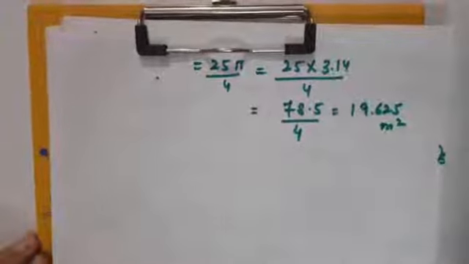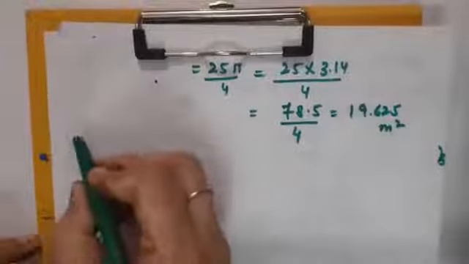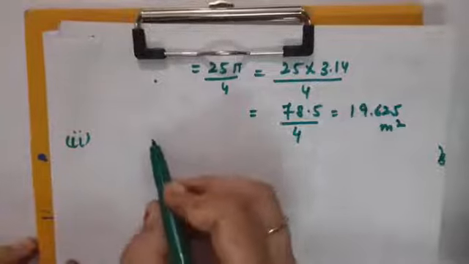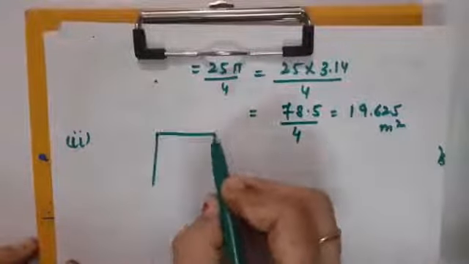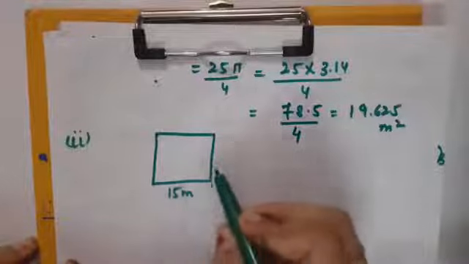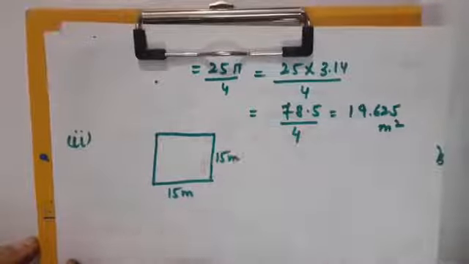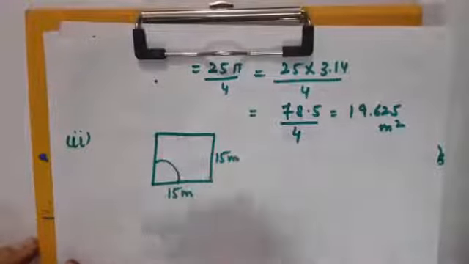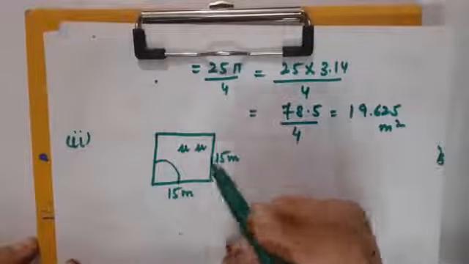So children, this was about part number 1. Now let us discuss its second part. The increase in the grazing area if the rope were 10 meter long instead of 5 meter. Okay, let me make a square once again. This is a square, and the length of its side is given as 15 meter to us. Earlier this much area was taken by me for 5 meter. Here you can make some grass also.